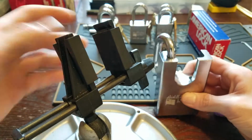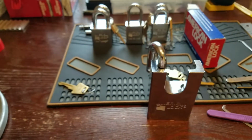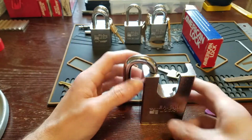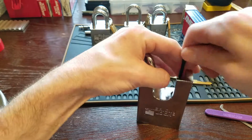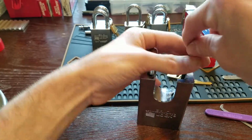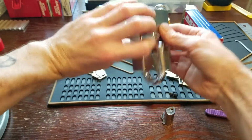So she does put up quite a fight, and I think it has something to do with the pins in here. They're a little bit different. Holy crap. So, sorry about that. I had to move. I was at a weird angle for the pick, but I have so many of these, and I've picked so many American locks that I knew the very first time I picked this thing that there was something weird inside here. And it does have a...